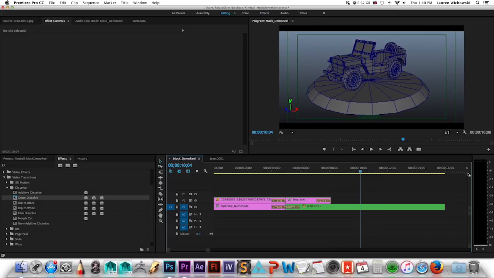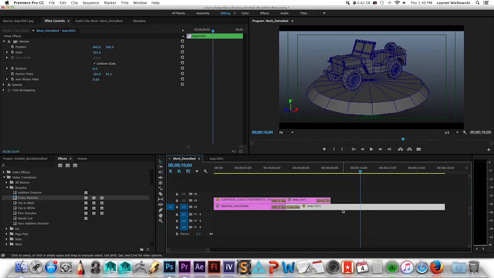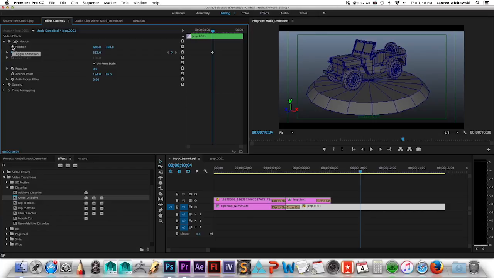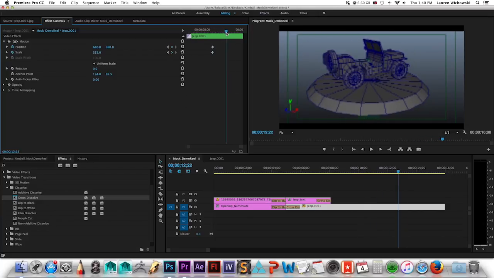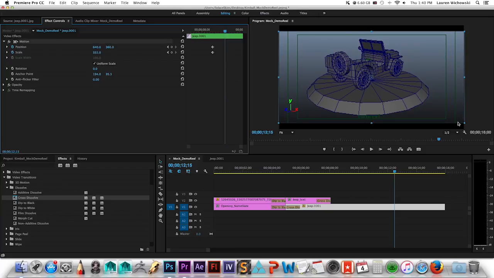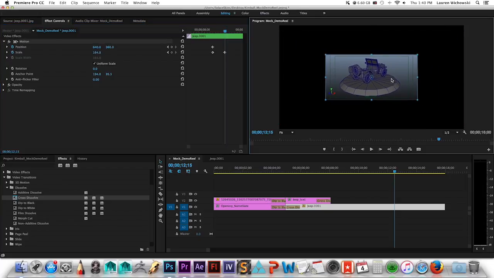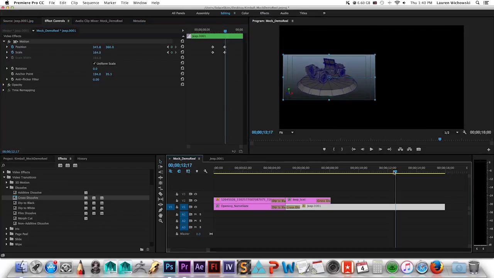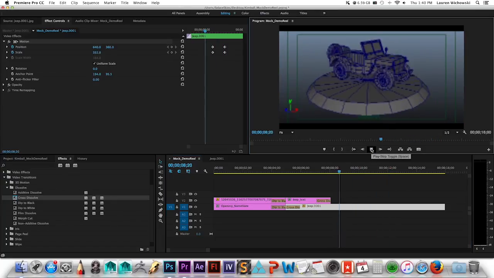So this is essentially the skill sets that you need to know to basically throw together your mock demo reel. Other things you could do is I could click on the sequence. I could add in some keyframes if I wanted to. Keyframe the position and the scale. Move forward a little bit in the timeline. Maybe I want to scale this down and move it off to the right. And now when I play my animation,